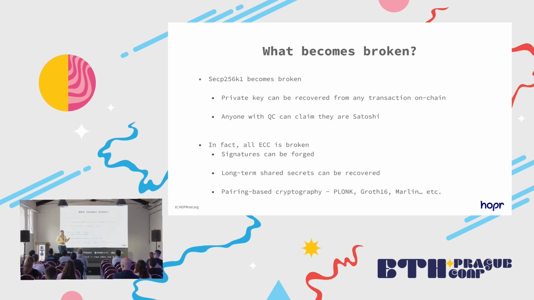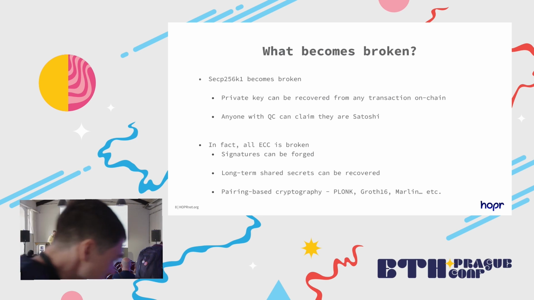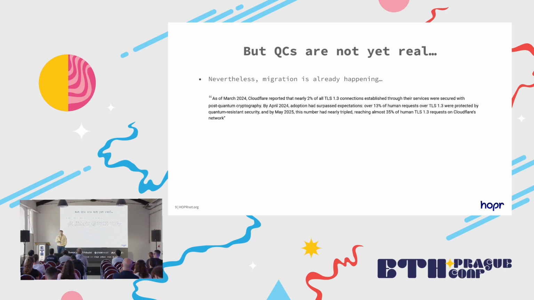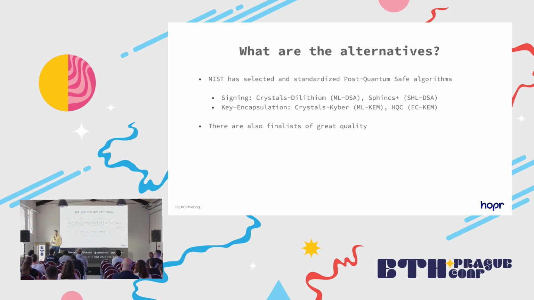And as I said, pairing-based cryptography, which is also based on ECDLP, the elliptic curve discrete log, will be endangered as well. But you might say, okay, quantum computers are not real, right? Or maybe they're not yet real, right? So the migration, nevertheless, in the off-chain world is already happening. So, for example, there's this very often cited